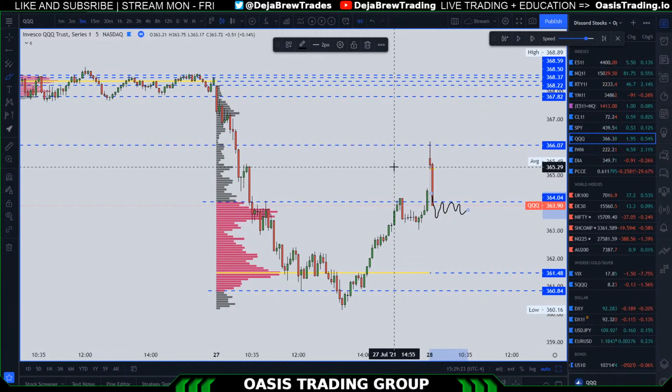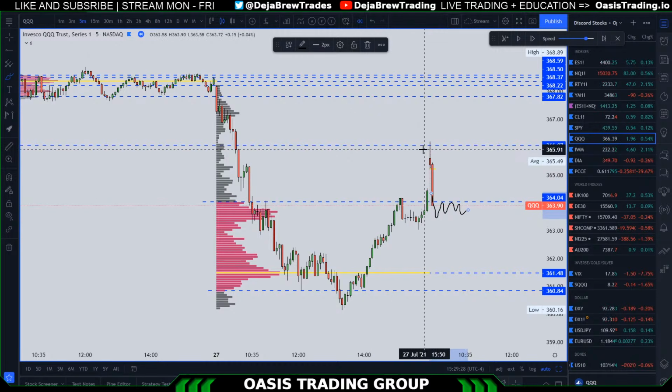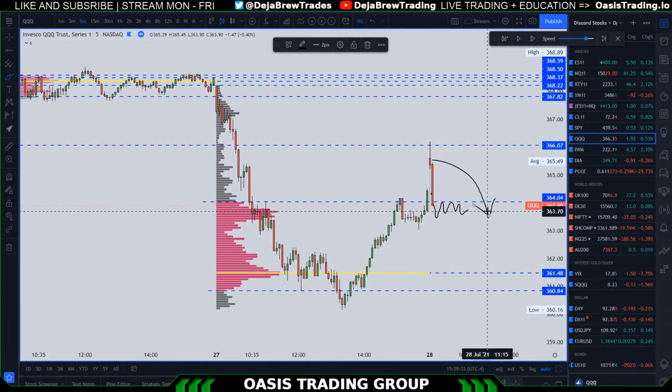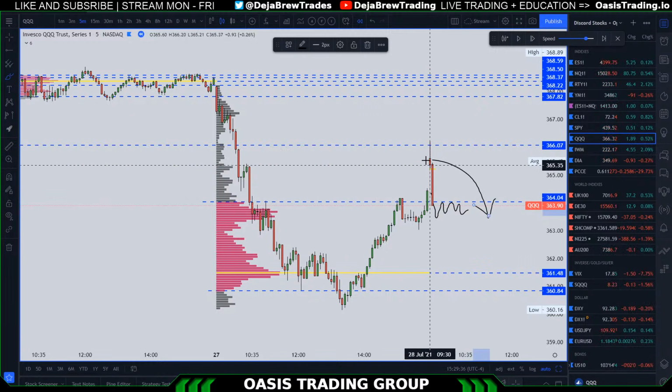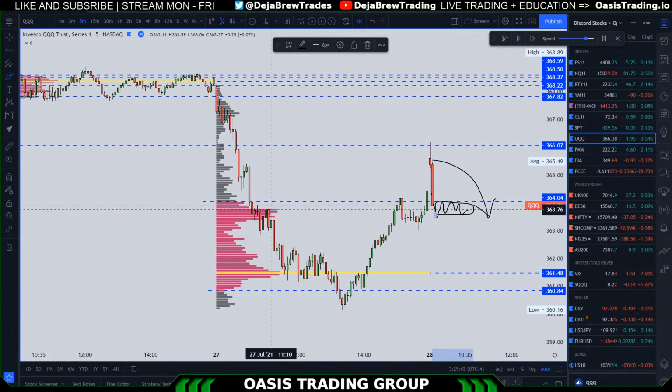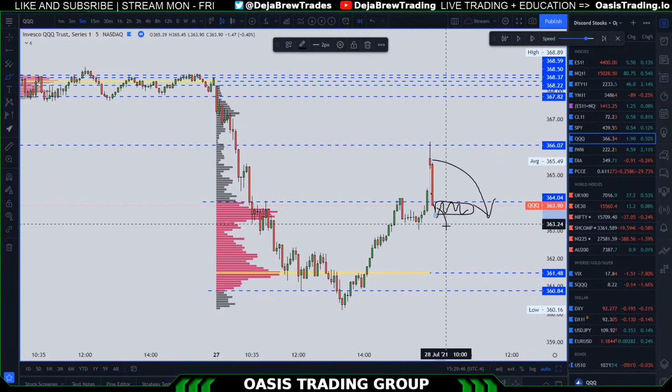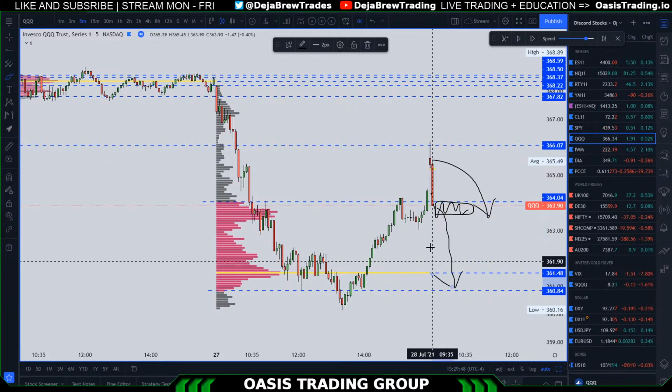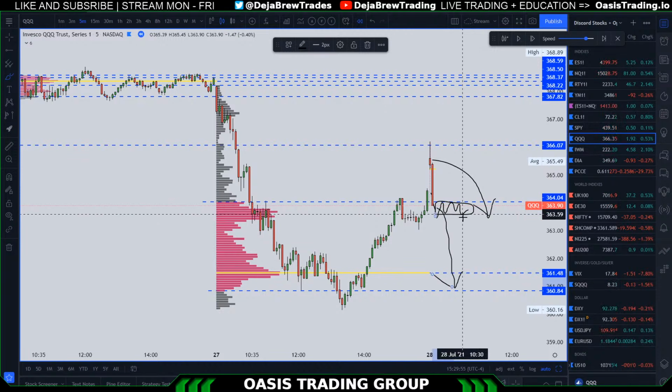Because what did I tell you guys before? There is an 80% trade that happens when you open outside your previous day's profile, but then you retrace inside that profile. So if you opened like this, and then you retraced inside the profile and started to find some value inside that previous value range, you have an 80% chance to go the entire length of that value zone. Okay, so like if we started to hang out right here, we would have an 80% chance to go down and test